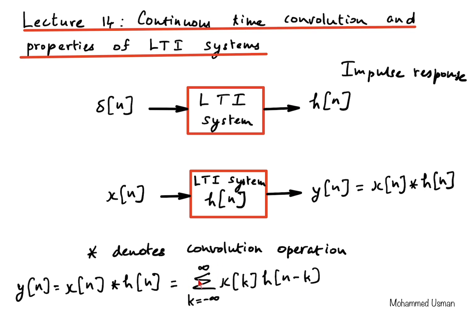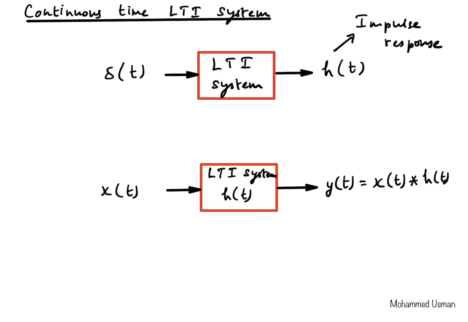So in the continuous time case, this summation will get replaced by integration, and these variables would get replaced by continuous time variables rather than being integers, right? So in the continuous case, again the star here denotes the convolution operation. So y of t equals the convolution between the input x of t and the impulse response h of t of the system, which is equal to, in the place of summation we have